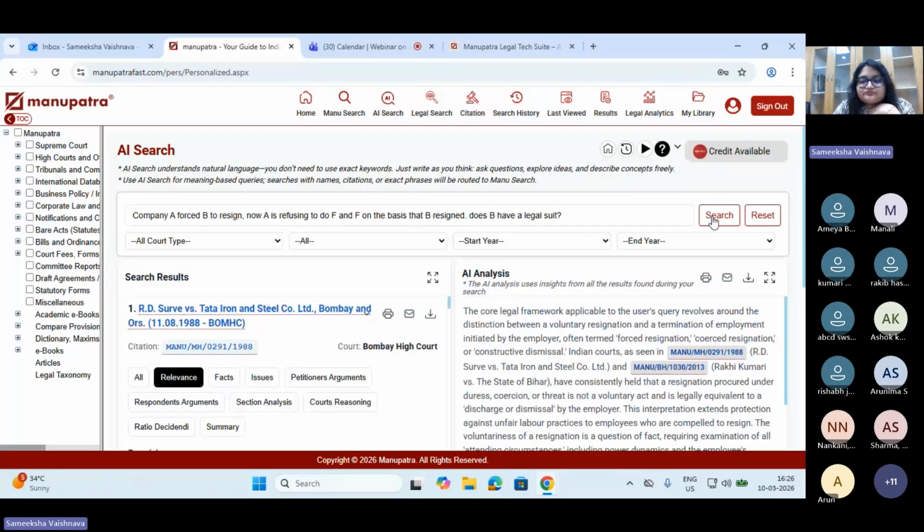what the results give. The core legal framework applicable to the user's query revolves around the distinction between a voluntary resignation and a termination of employment, correct? Initiated by the employer, often termed as forced resignation, coerced resignation, or constructive dismissal. Indian courts, as seen, it is giving the case along with the citation, have consistently held that a resignation procured under duress, coercion, or threat is not a voluntary act and is legally equivalent to a discharge or dismissal by the employer. The interpretation extends protection